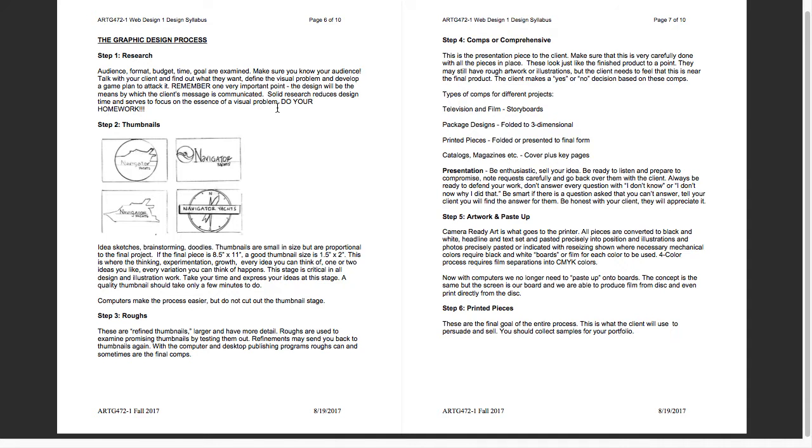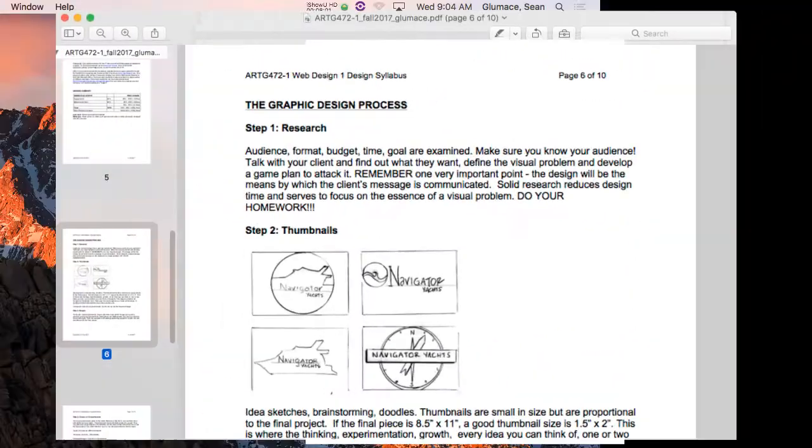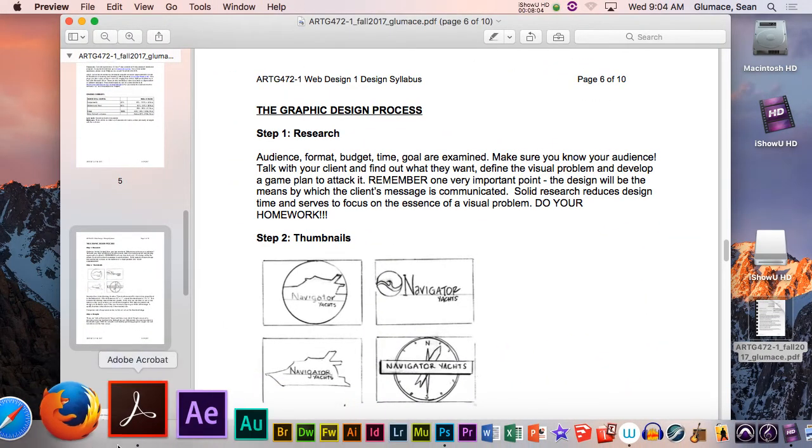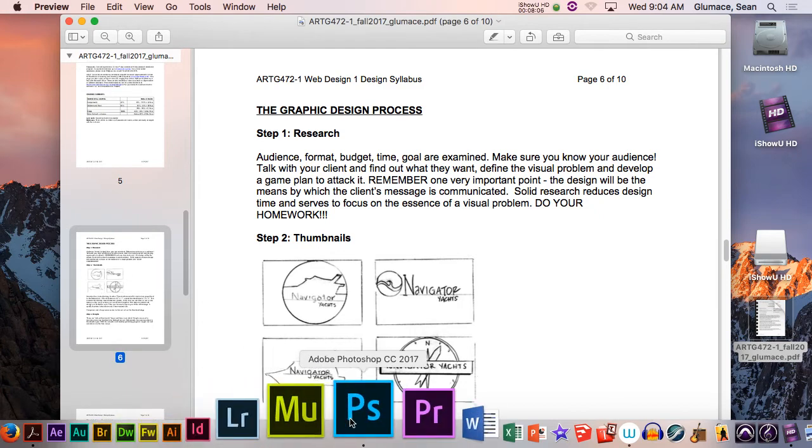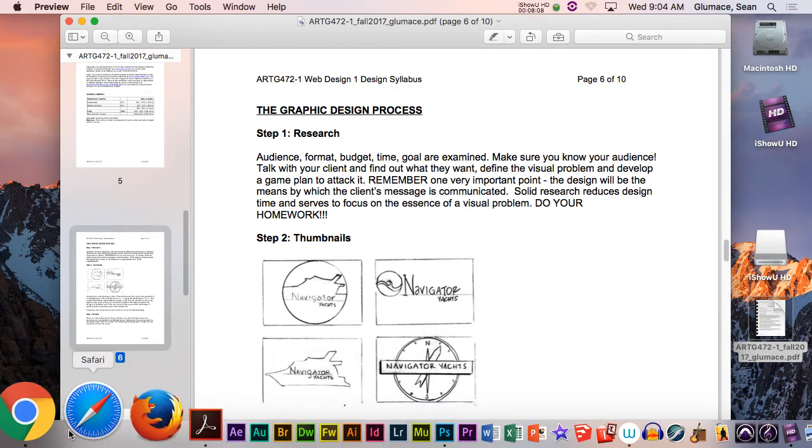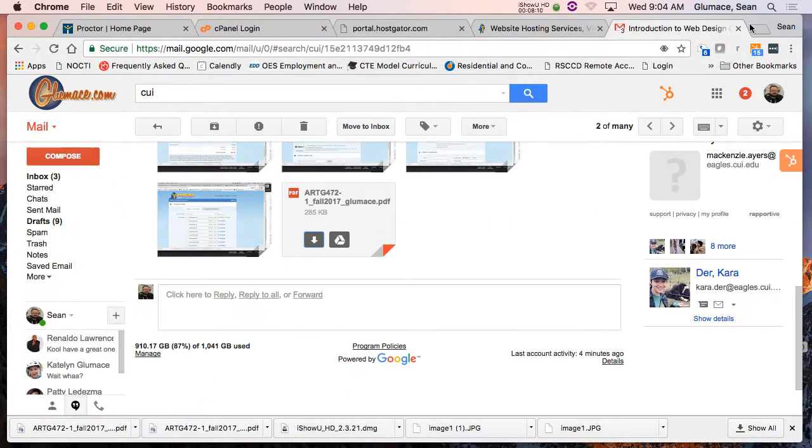And I'm blunt about that too. I go, what is your budget for this project? And the next thing they're going to say is, well, how much do you charge? And I go, no. Doesn't work that way. I need to know how much money you have, because if we're going to print this, you may not even have enough money to print the job. I can give them numbers, but if they don't have the money to even print the job or to buy the hosting or do those types of things, most clients don't even think about that.